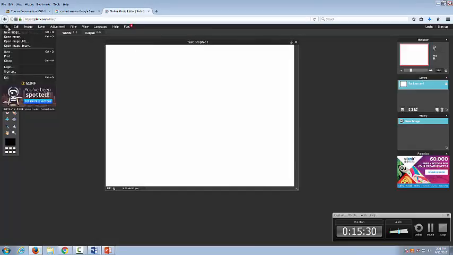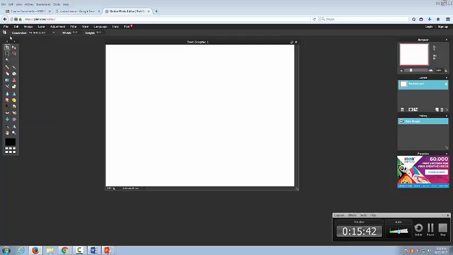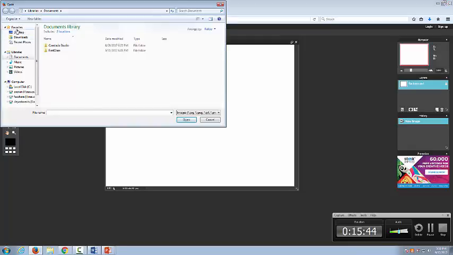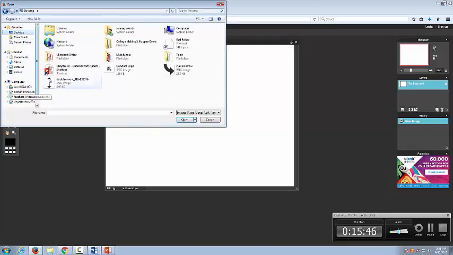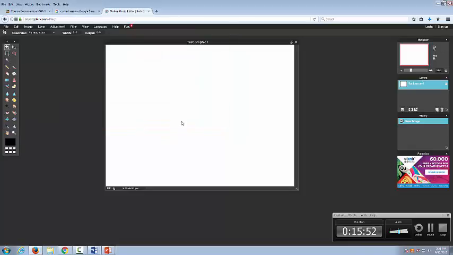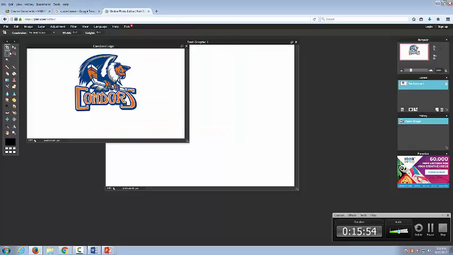Looks like it's working again. So we've got a template to work with now, and we want to pull in those images that we found from Google Images and put them on our template. So if I do open image and go to desktop, you can see here the Condors logo, the curved arrow, the double arrow. I can open up that Condors arrow,